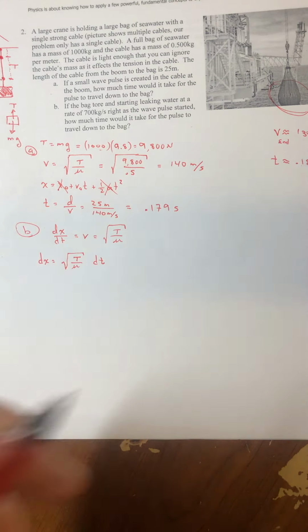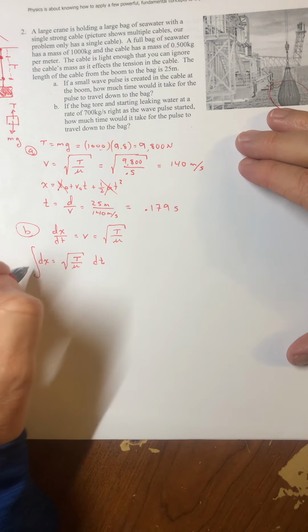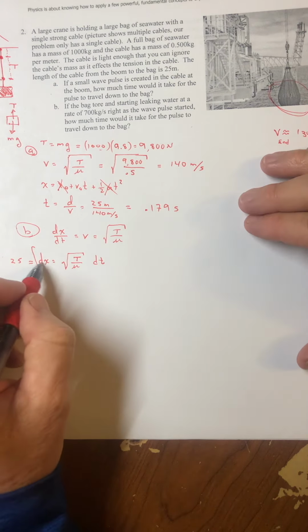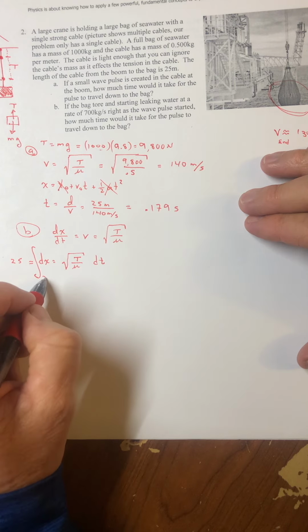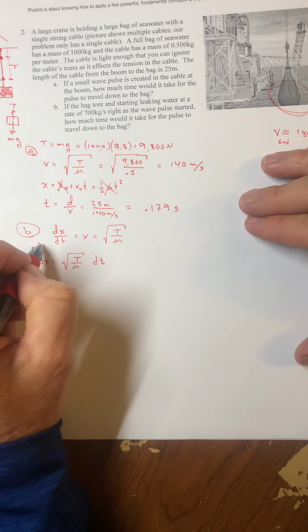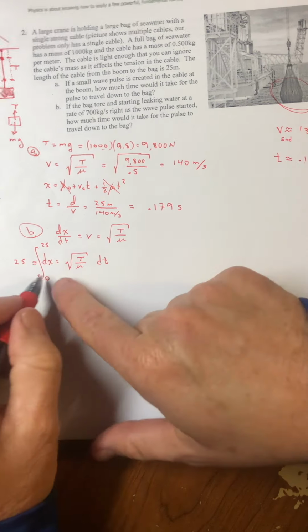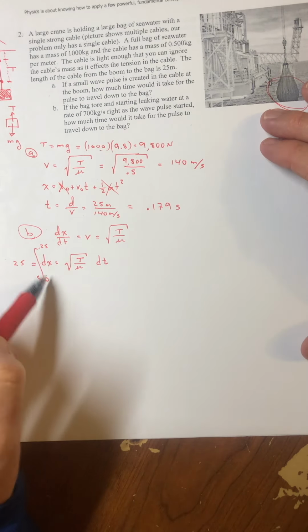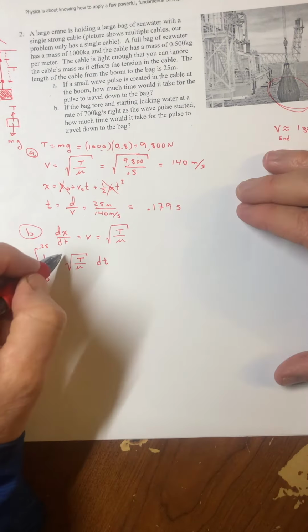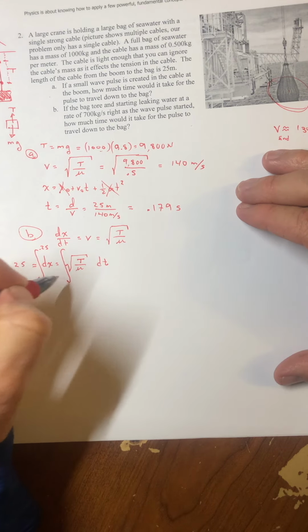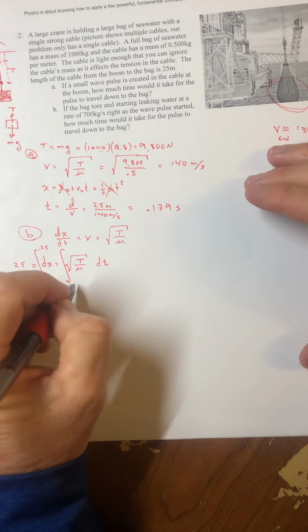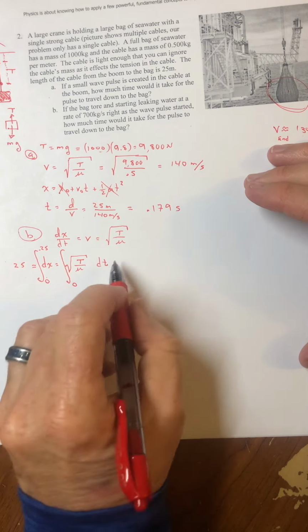And so to get the whole distance of 25 meters, I have to add up this dx from beginning to end. And of course, mathematically, if you add up from beginning to end, you have to do the other side of the equation also. And so the beginning is going to be time 0, because over here I'm adding up time,